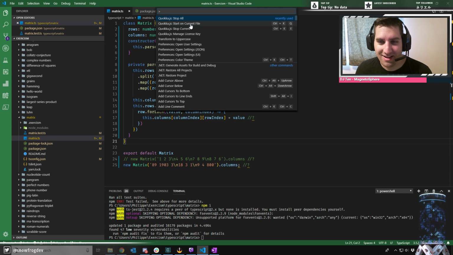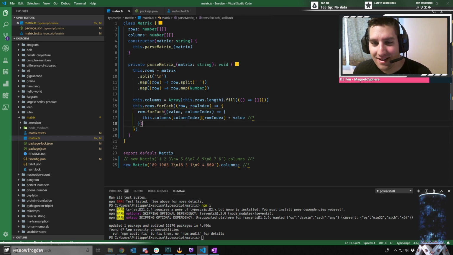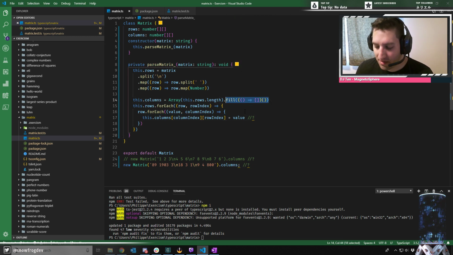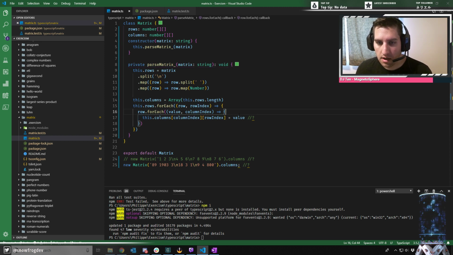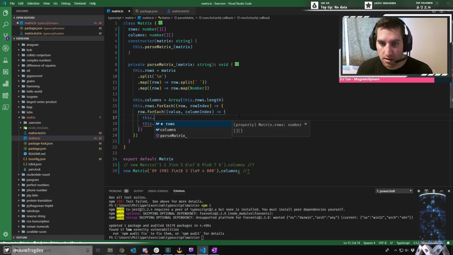It's not working. You bum. You had me worried there. I'm like, why isn't it working in TypeScript? And okay, so all right. So the idea here is that I'm going to do this dot columns, boom,